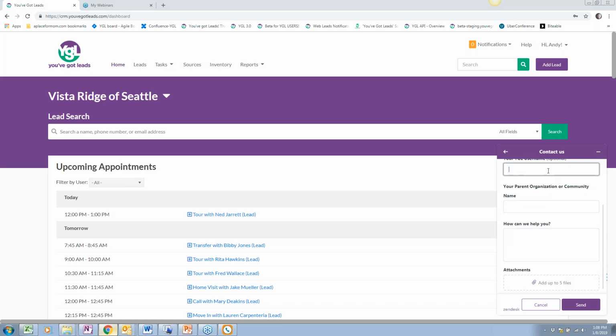and then include as much information as you can about yourself and about your community or parent organization. And then in the body of how can we help you, this is where you describe what you're experiencing or perhaps pose your question to the support team. And then here I would definitely include a way to contact you. Yes, we will have some auto-generated email through the support ticket. However, it's great to have a direct phone number for you, perhaps. That way, if we need to pick up the phone and call you back or collaborate over the phone, we can do that. All right, so be diligent about providing comprehensive contact information and how to reach you,